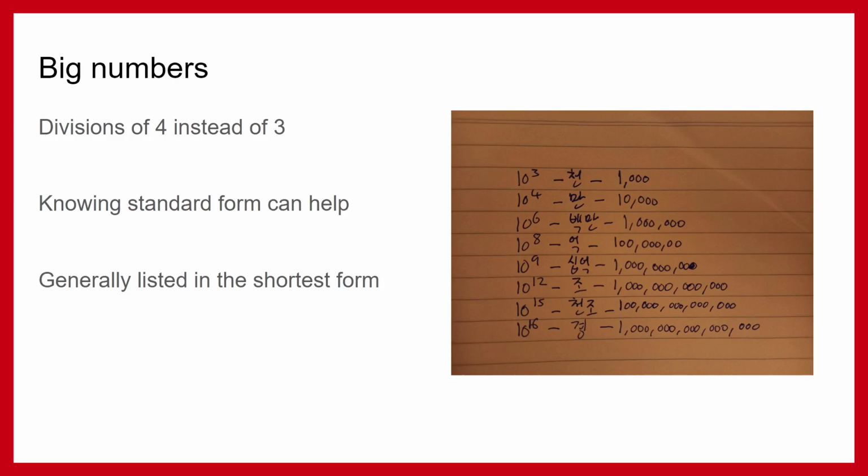So standard form, if you don't know, is where you times the number by 10 to the power of whatever, and that's how many zeros there are. So 1000 is 10 to the power of 3 because there are 3 zeros after the number. This really helps us visualize the larger numbers better. It's hard to explain, especially if you're new to standard form, which is what we call it in the UK. It might be called something different elsewhere, but the reason we use this mainly is because it helps shorten the numbers instead of having longer numbers.